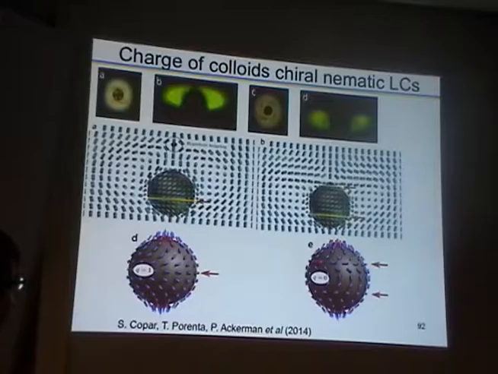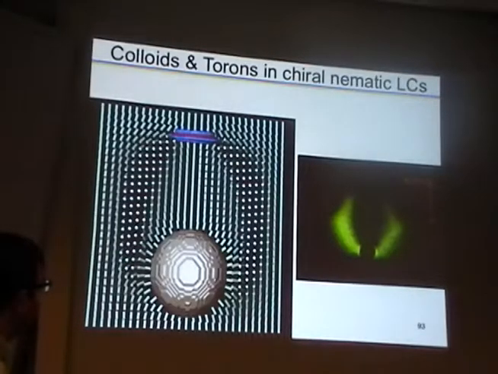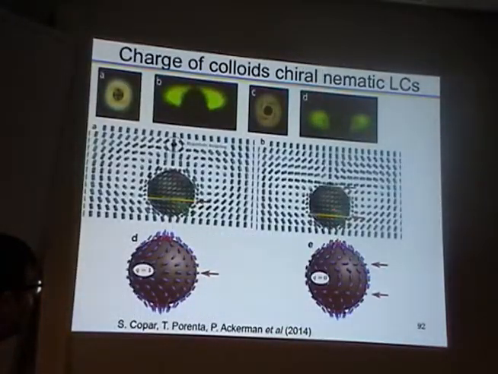So this means that the colloidal particles with tangential boundary conditions can acquire non-zero charge as well, just like the ones with perpendicular boundary conditions, if we make some complicated patterns of field configurations now on them, and those charges can alternate between 0 and 1. So this is an example of what we can obtain in chiral nematics for particles with tangential boundary conditions, but